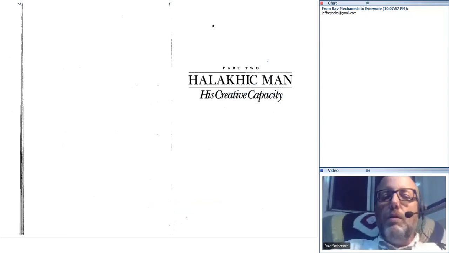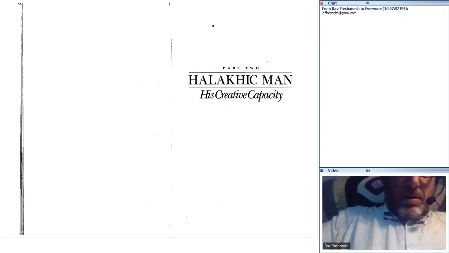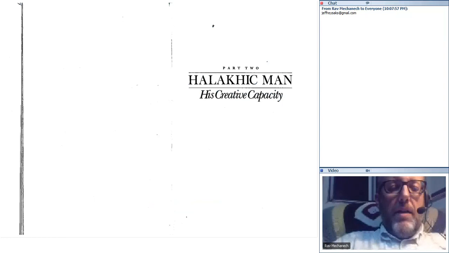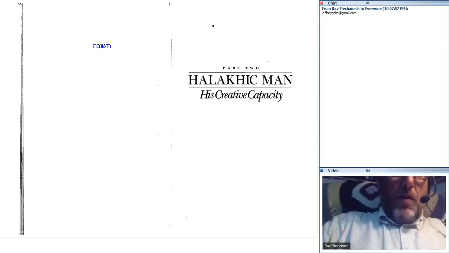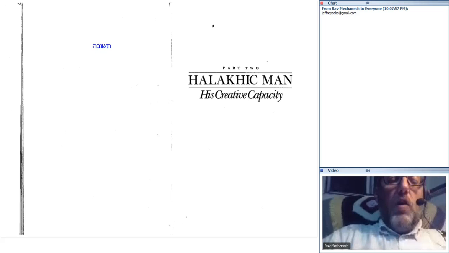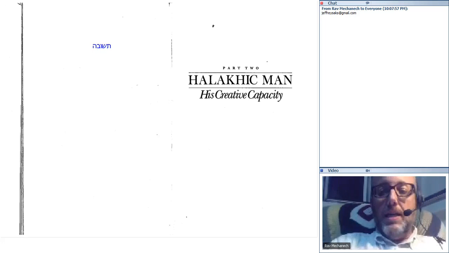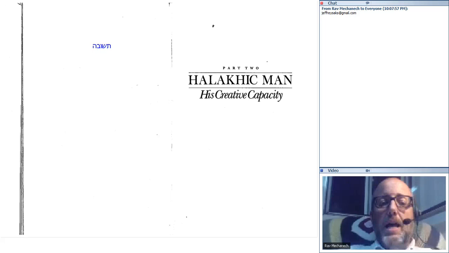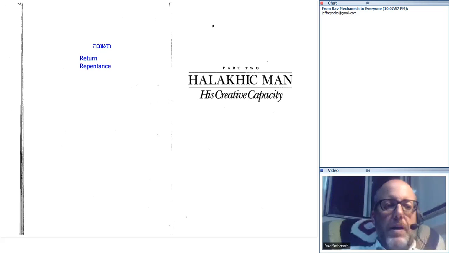Tshuva, repentance, was such a central theme to Rabbi Soloveitchik. And Tshuva is literally defined as return. It's more accurately defined as repentance. If you study Rabbi Soloveitchik's work, his Al HaTshuva, his collection of essays on the topic of Tshuva, which is translated as On Repentance, you'll discover that for Rabbi Soloveitchik, Tshuva is not properly defined as repentance,